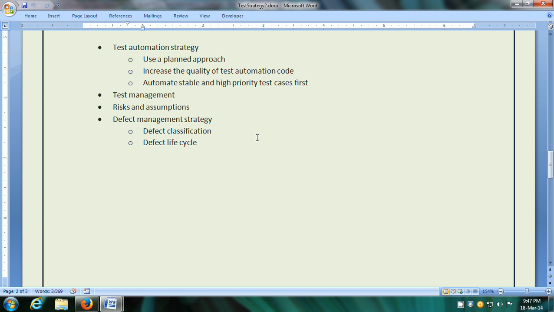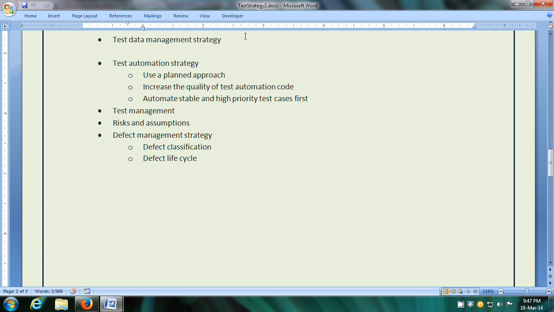Now next, you can specify the test data management strategy. Now test data is required for testing because it is an important part of testing. So you can specify the test data management strategy as that production data in the system will be analyzed, and a subset of the production data will be hidden, or the sensitive information in that production data subset will be hidden. For example, confidential customer information like credit card numbers or health records, etc.